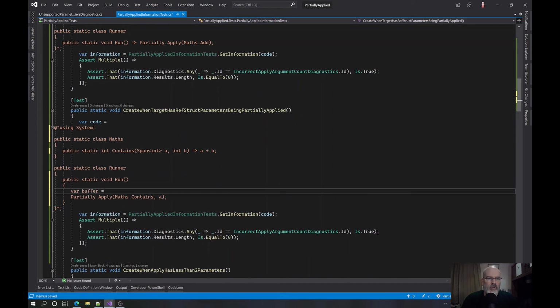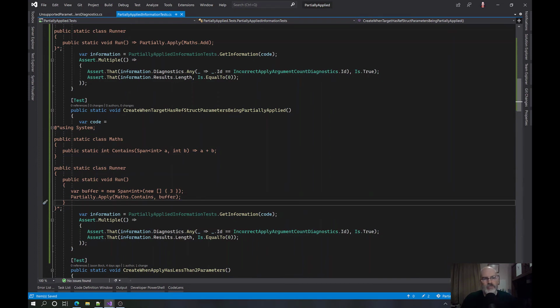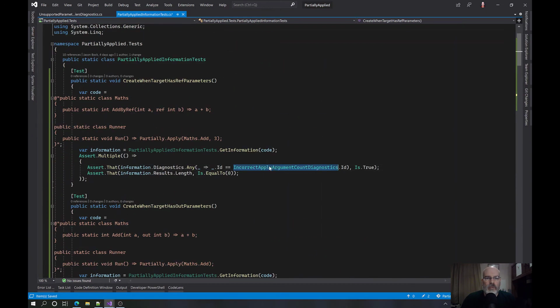var buffer is equal to new Span of int, new 3. There. And now we pass in buffer. That cannot hold. And then we would do something like a contains b. Because that's okay. You just can't do that here. Okay. So what we want is